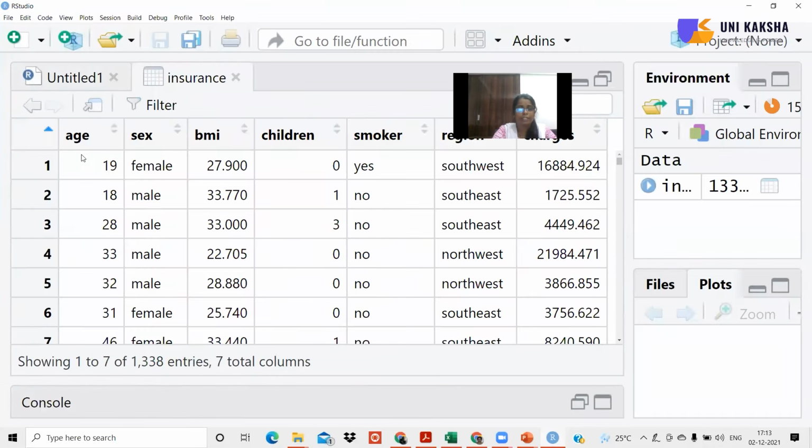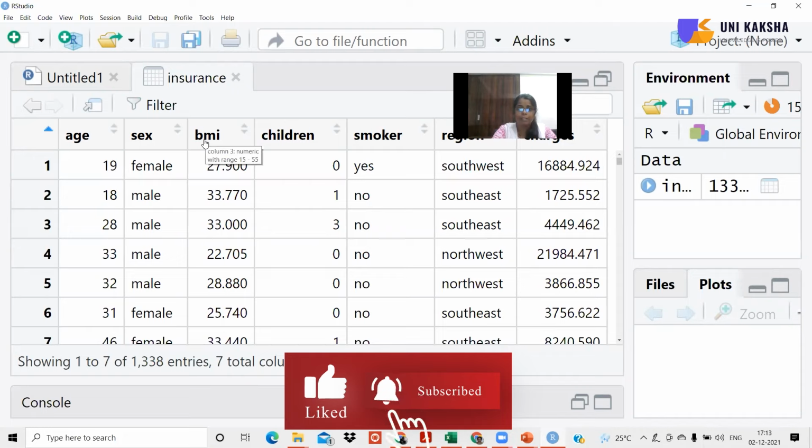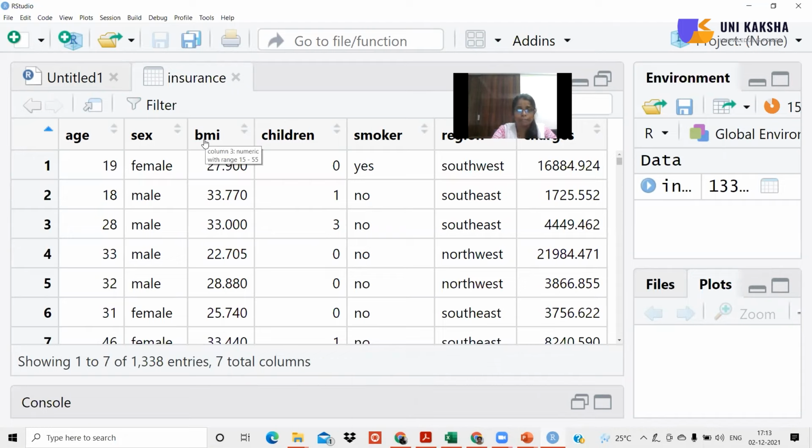Let us just discuss this data quickly. The data consists of age information, which ranges in between 15 to 65. Then the sex column consists of the value either male or female. BMI is the body mass index of a person, which ranges from 15 to 55. Children is how many children a person is having, from 0 to 5.